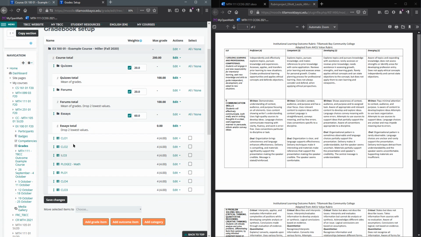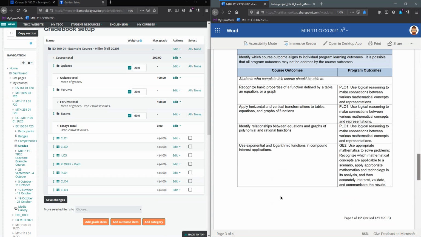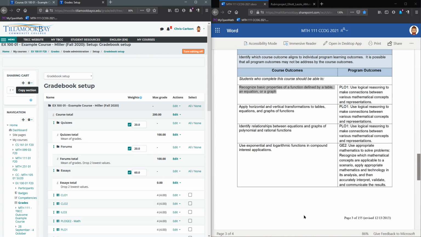etc., etc. You can put them in whatever order you want, and of course as you're rating them, you probably need to have your CCOG handy so you know what outcome number corresponds. So CLO1 is this first right here, recognize basic properties of a function defined by a table, an equation, or a graph. I'll hit save changes. All right,